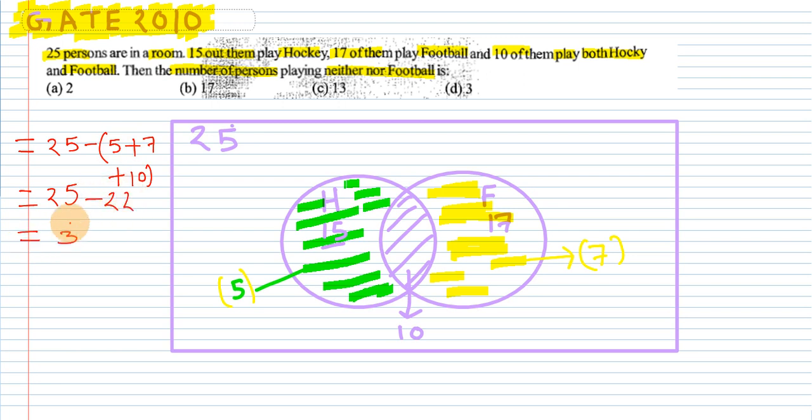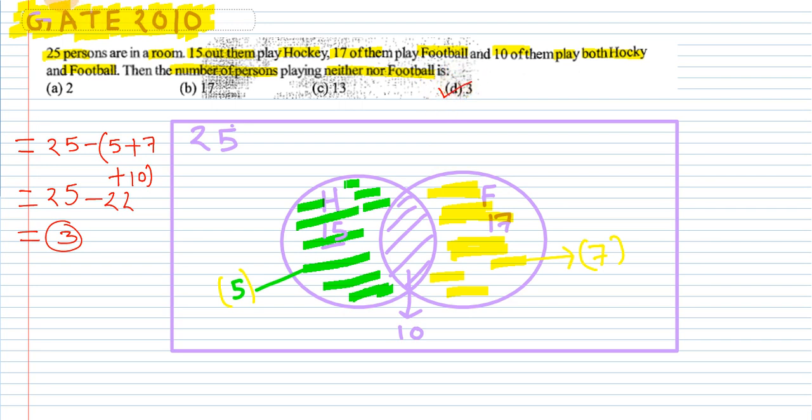So this question is very simple and it is from sets. If you want to do this question, you can do it in a minute, but for explaining more and helping you understand better, I have gone through this Venn diagram. So according to this, the correct option will be D.